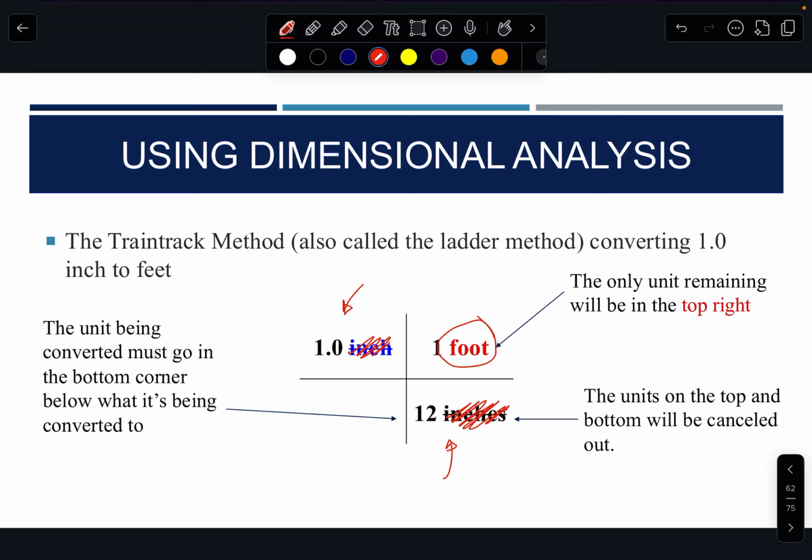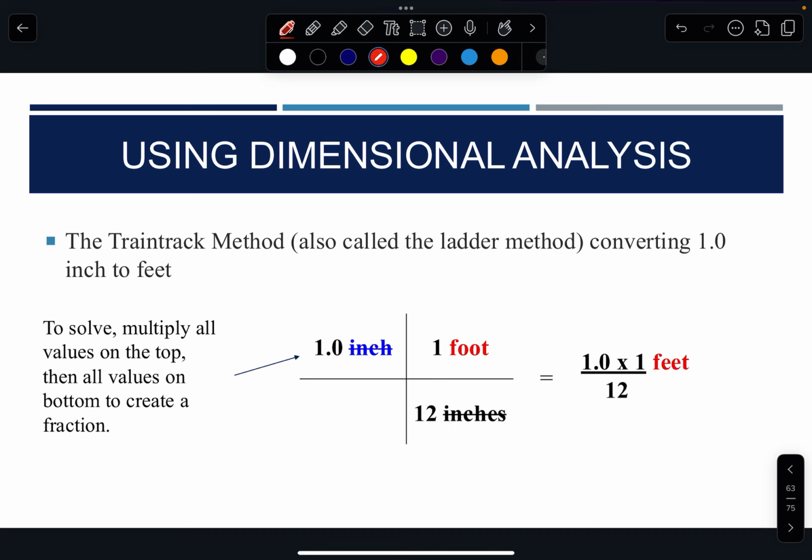And so you can then simplify this and say that we are going to take the top and multiply all the numbers that we have there together. You can imagine these vertical lines as multiplications. So 1.0 times 1, and we will divide it by the bottom multiplied together. So remember that there's just about a 1 here, or you can put nothing there. It doesn't matter, but it is technically a 1. So that's 1 times 12, and that's where we get 12 down there. And then we'll multiply it together. We get 1/12 of a foot, or